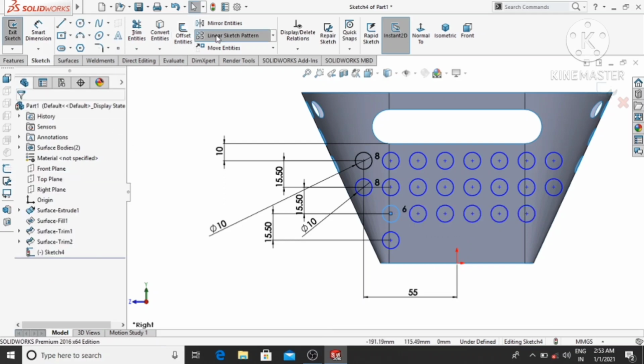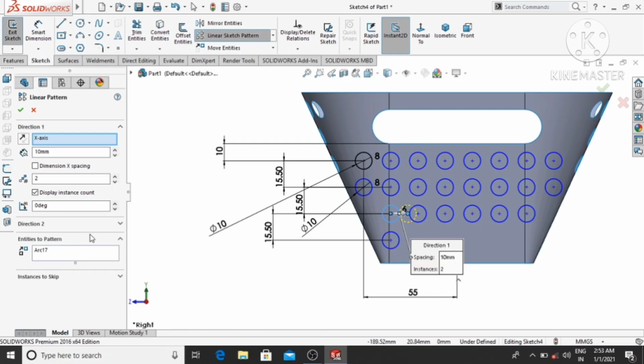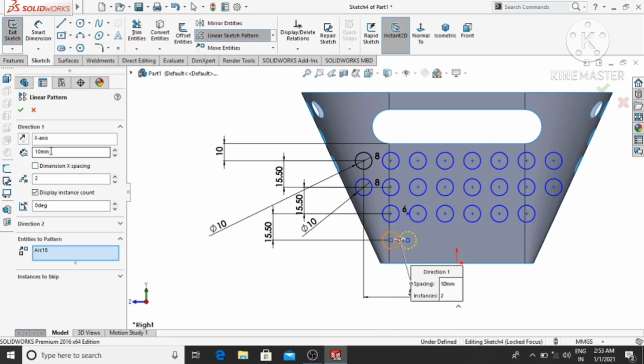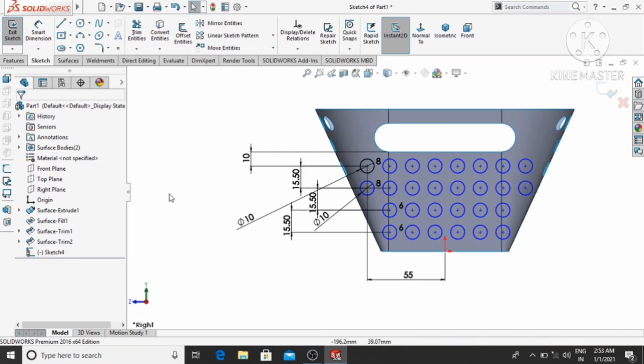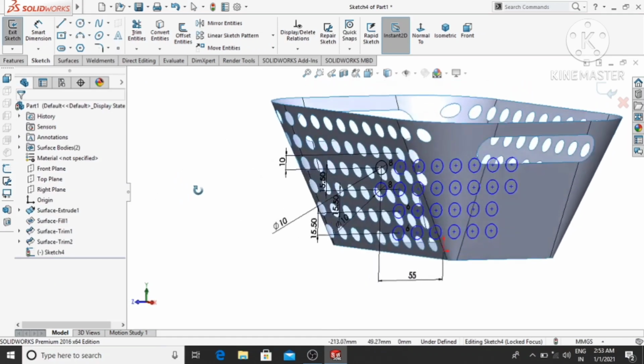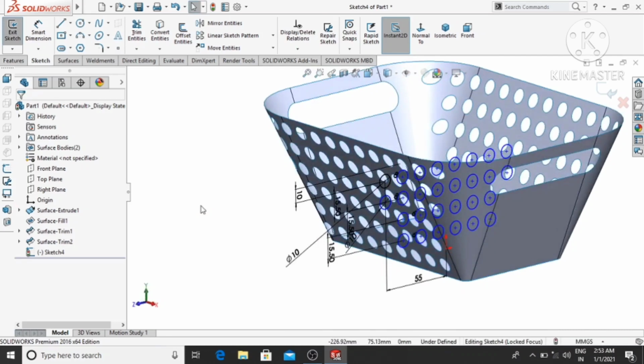Again select linear pattern. Here remove this selection, select this circular and make the gap here 16 mm, and also make the number of pattern 6, then OK. Now here we make the trim feature on this face also.